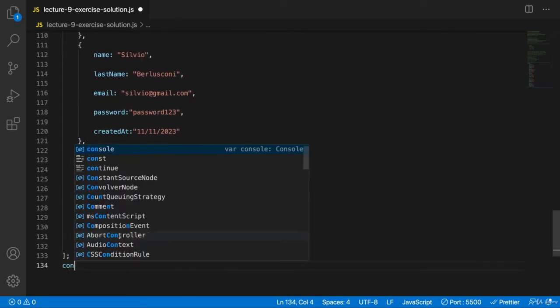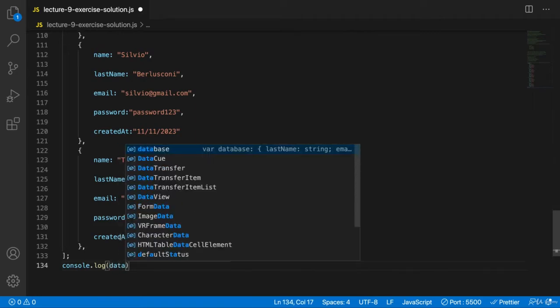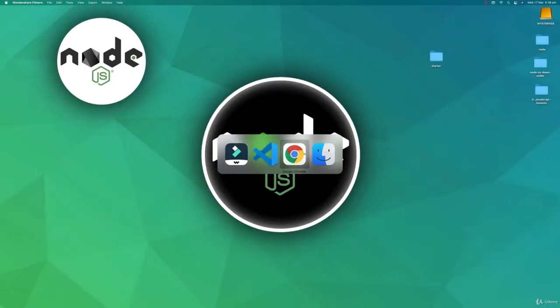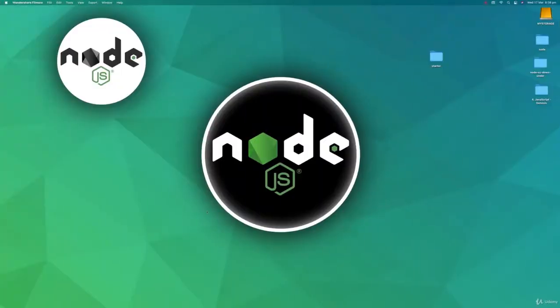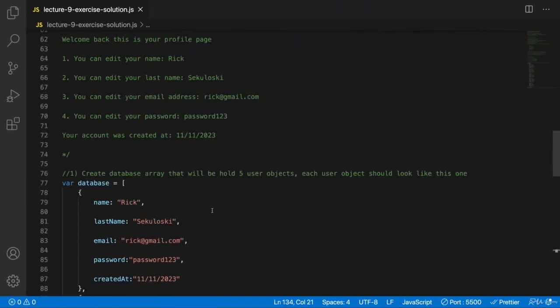So console log the database. Let's see what we'll have there. Oops. Nice. So I have the database that is an array of 5 objects. We do have different properties and values inside. Nice. Next part is